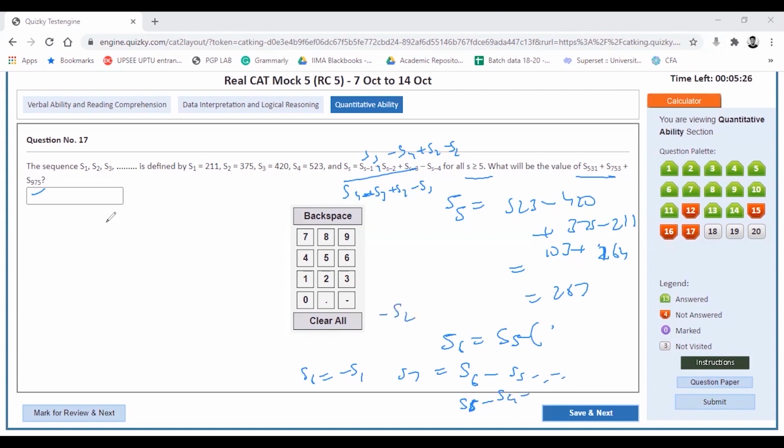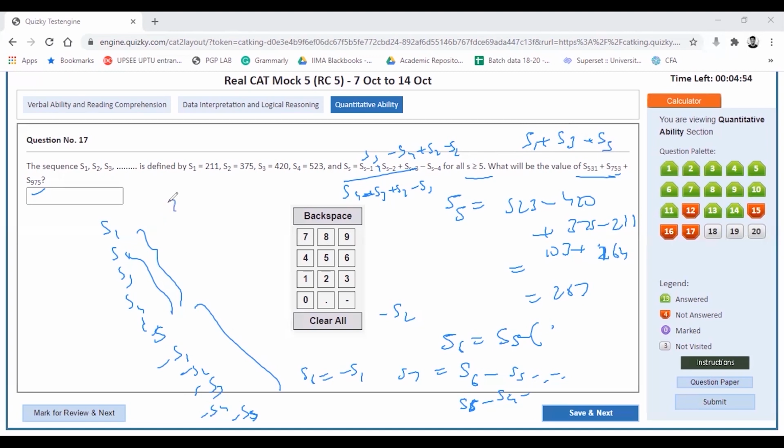So what I have here is S1, S2, S3, S4, S5. These are unique values. Sorry for the handwriting. And this is minus S1, then minus S2, minus S3, minus S4, then minus S5. Wow. So these actually cancel. What I need is the 31st term, so the remainder would be 1. So this is S1. It is asking me S1 plus S3, and then S975. This is S5 indeed.